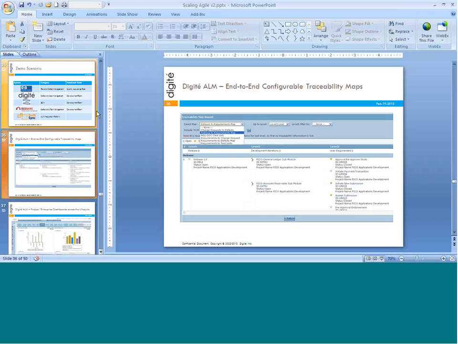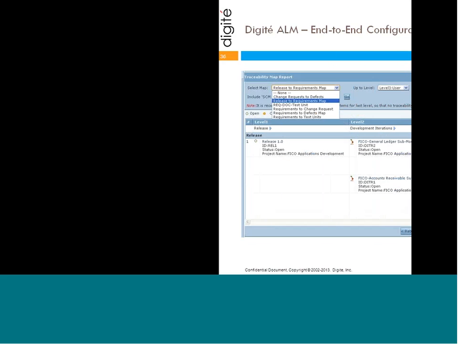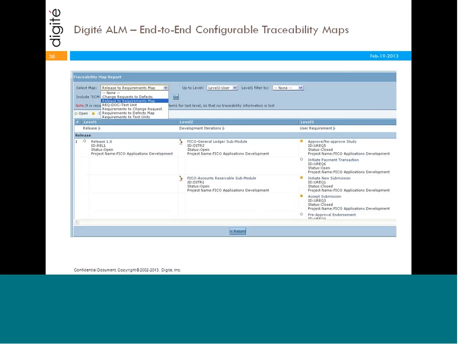But what we do is that in the traceability map, just so it becomes a manageable view for you to look at the traceability maps, we provide support for up to 4 levels. So you can set up up to 4 levels of traceability map, and you can look at it from, let's say, functional requirements to technical requirements to test requirements and to the actual code itself. As an example, you can just set up multiple traceability maps that will let you define the way you want to track traceability from the business end to the code end,